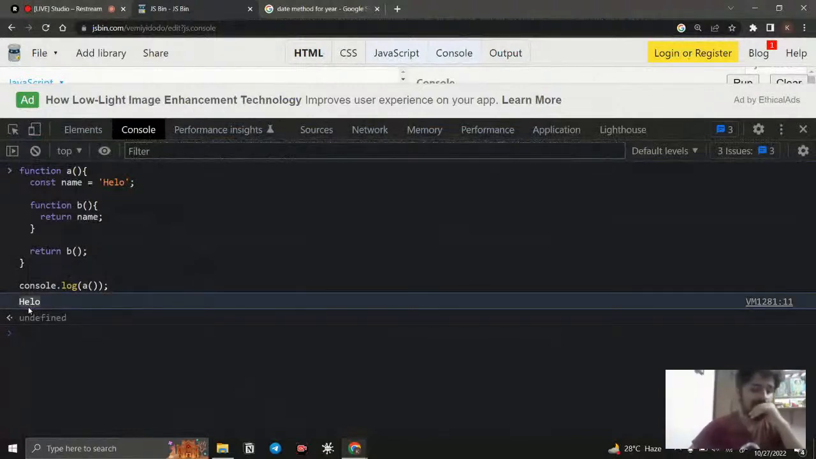So what is this? Just think about that. JavaScript works in the way of JIT compiling. So what is meant by that? Once the function gets executed, or once the code is run, it will compile the code. For example,